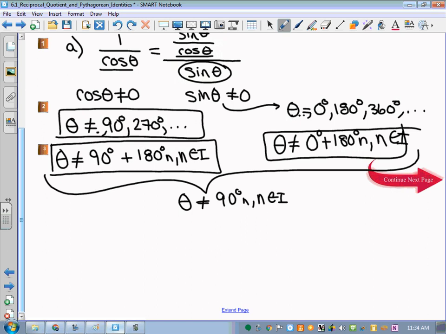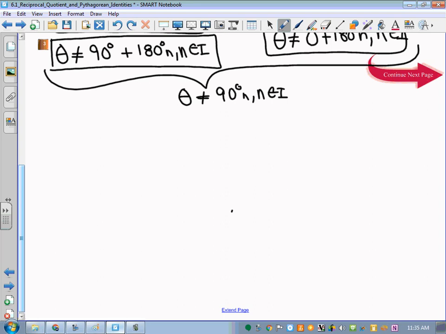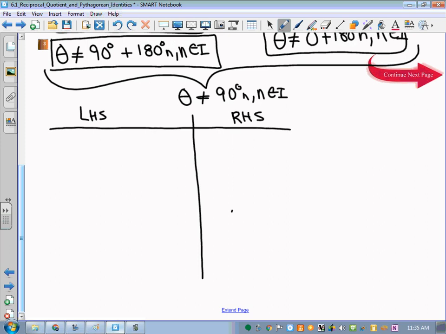What the remainder of the question asks us to do, and really what is important, is verification, a really important concept that we're going to do again and again. To verify basically means to take a value of the variable and plug it into the left-hand side and the right-hand side separately. So in order to do that, I'm going to take that value. We'll do degrees first, the value of 60 degrees. So we have 1 over the cos of 60 degrees, which we'll evaluate in a second. And we want to check if that's equal to, and I'm going to write that in as I did above because I think it's a little bit easier,